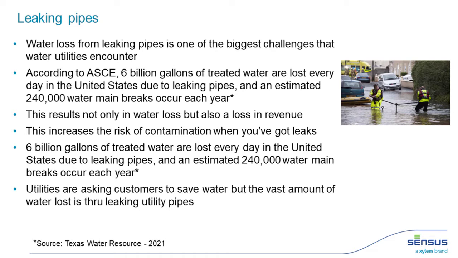And we as a society are very conservation conscious, and we're asking our customers to save water, but we have vast amounts of water loss that we see ourselves through leaking pipes. So we have water that is unaccounted for, non-revenue water that, you know, it's a continuous problem. It's a thing that's cyclical. We've got to try to move through our system to repair these things as they get older and try to figure out where our leaks are so that we can save.